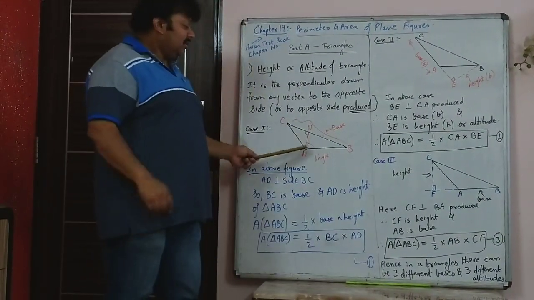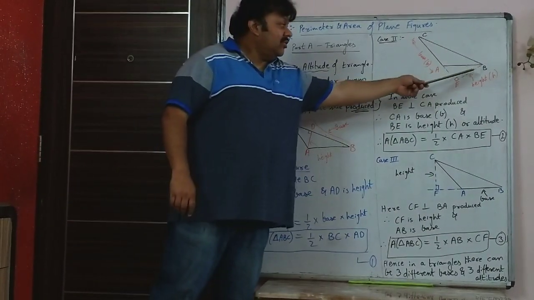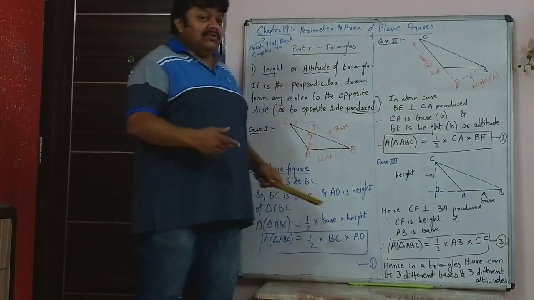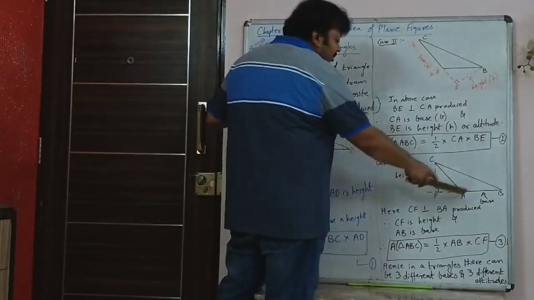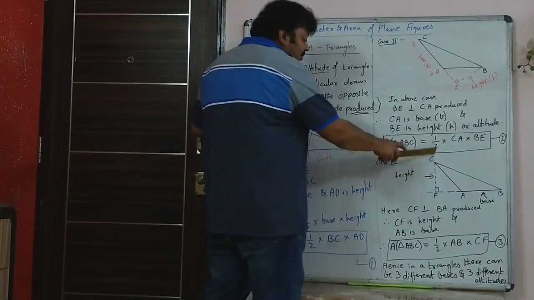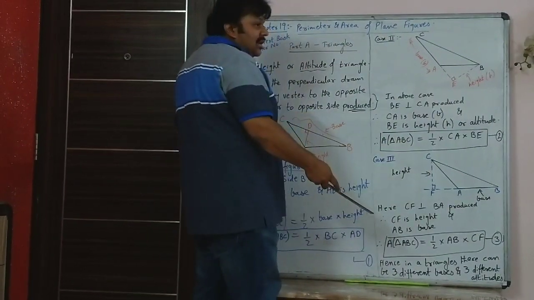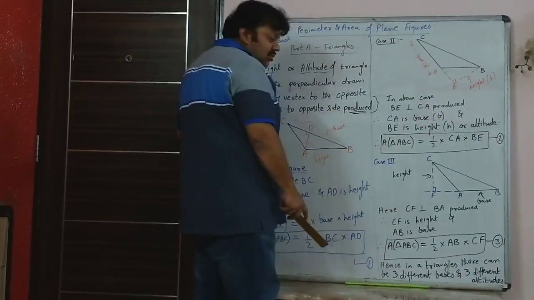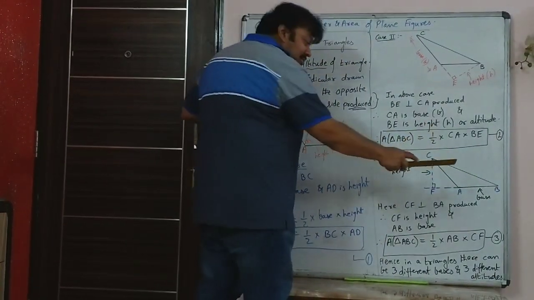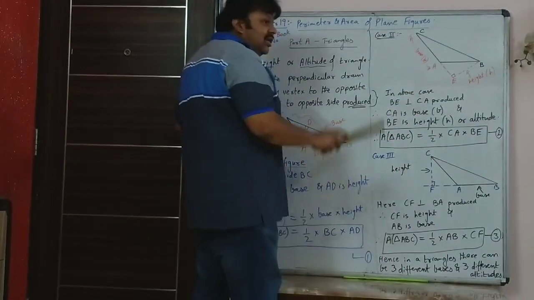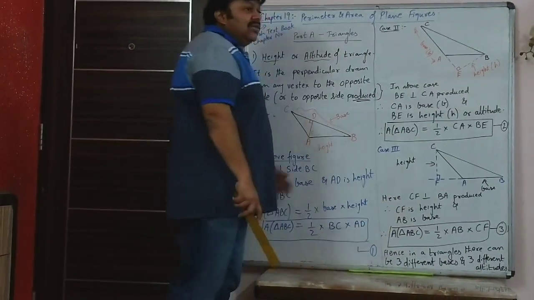First I took vertex A and drew the perpendicular. Then I took vertex B and drew the perpendicular, so that was the second height. Now I am going to take vertex C of that same triangle ABC, and from C I am drawing a perpendicular to BA, but it is not directly to BA, it is BA produced. So the base will be only BA, the base is not BF. The side of the triangle is the base, and the height in this case will be CF.